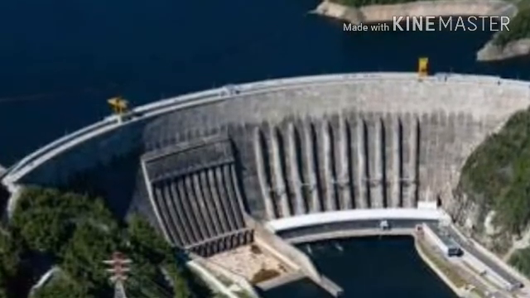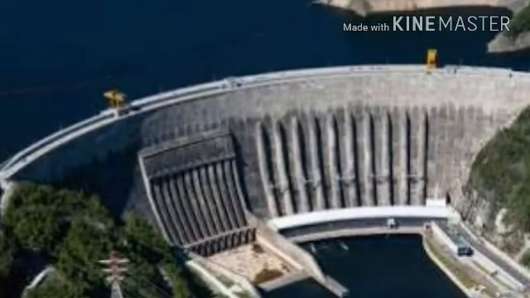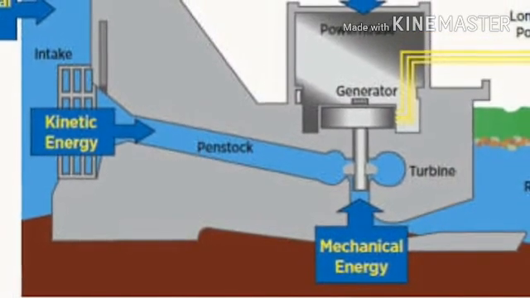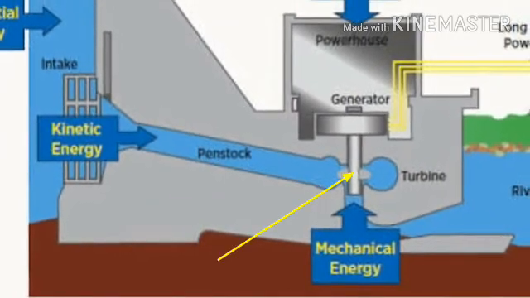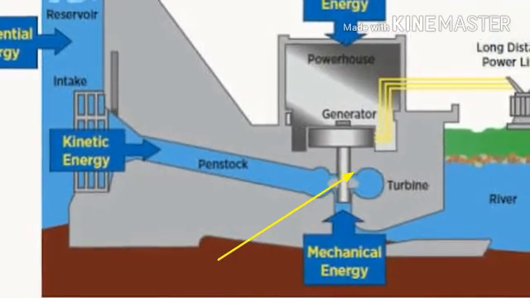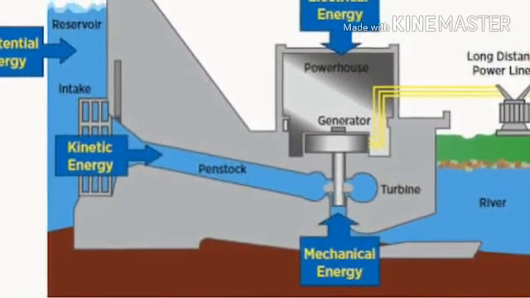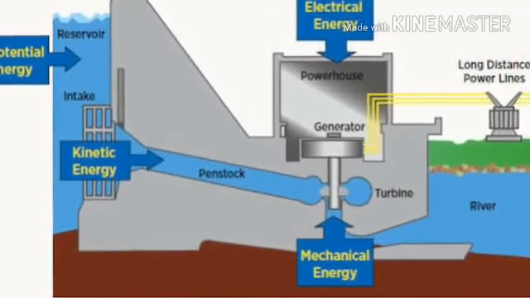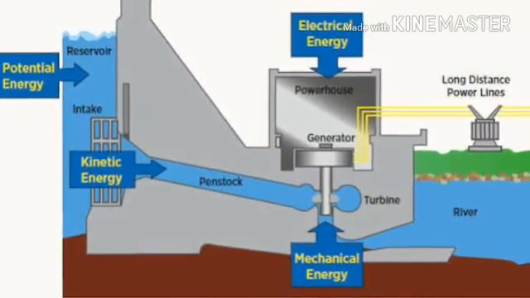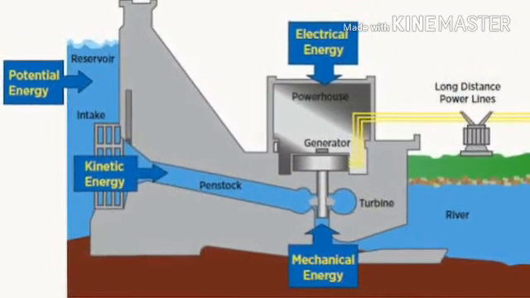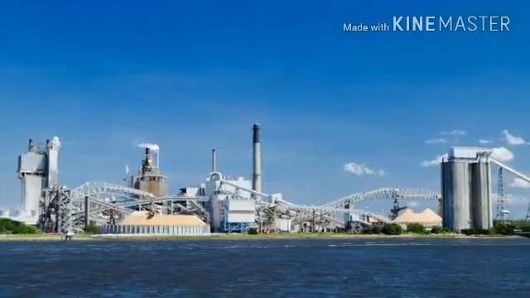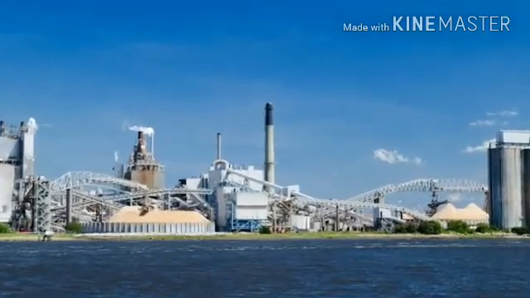A high dam is constructed that allows the water to fall gradually. When water falls gradually, it turns the turbines inside. You are able to see the turbines here. When they rotate by the speed of the kinetic energy of the water, the turbine rotates and it generates electricity. This generated electricity can be sent through distant power lines, and this electricity can be stored for a longer period for further uses. Like this we use water in our daily life.